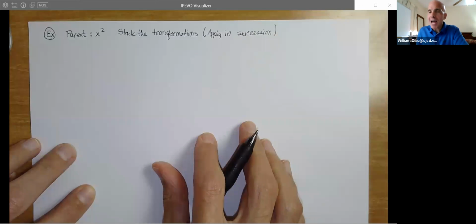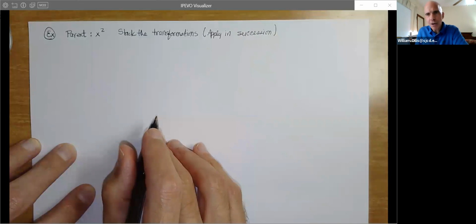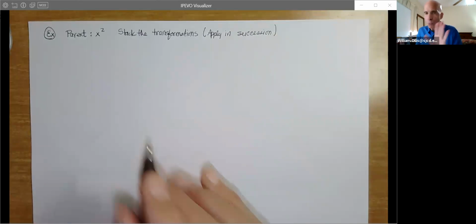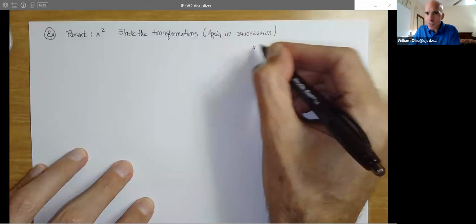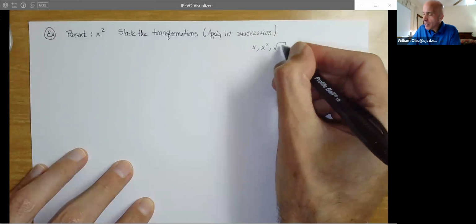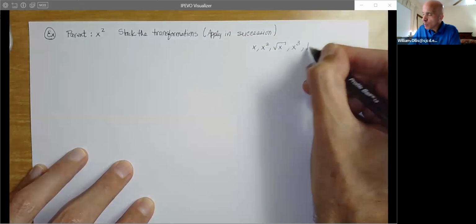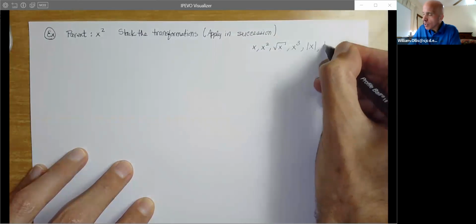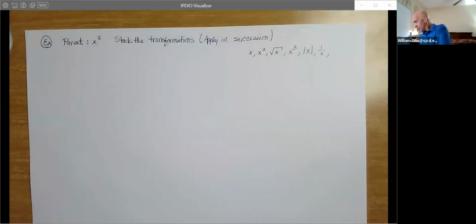Often students find this the most difficult because they're like, well, Professor Ron, I don't know what the parent function is. Well, rest assured that we'll focus on plain old x, x squared, square root x, x cubed, absolute value of x, 1 over x,